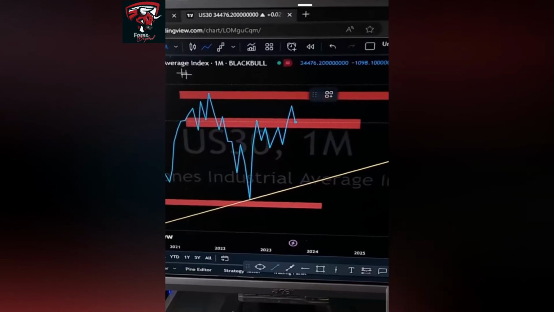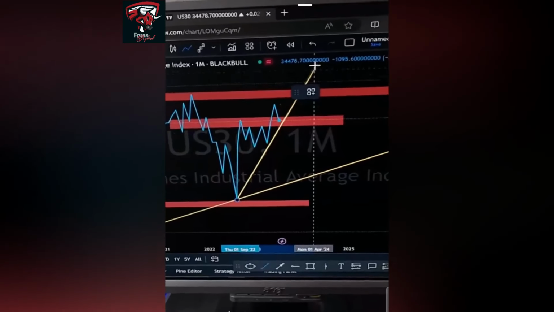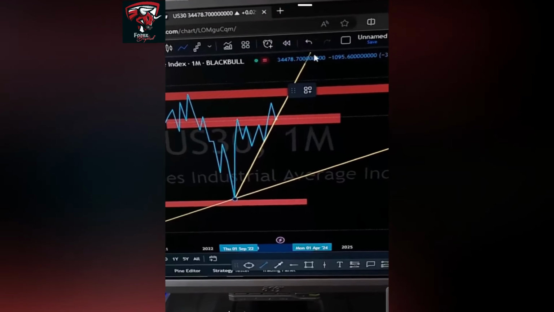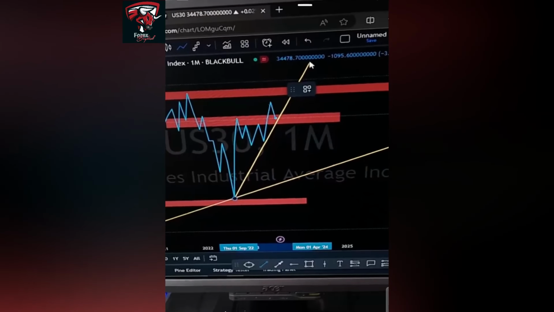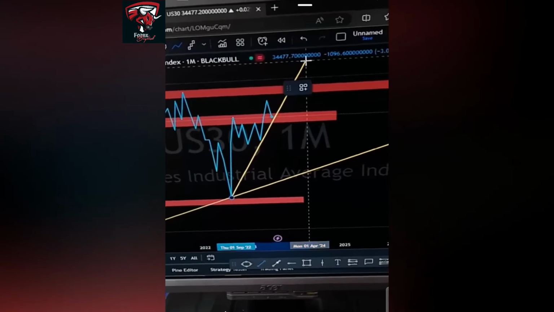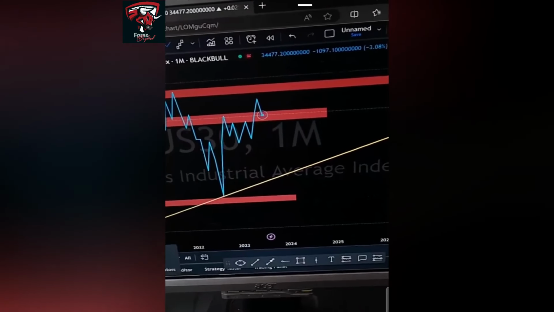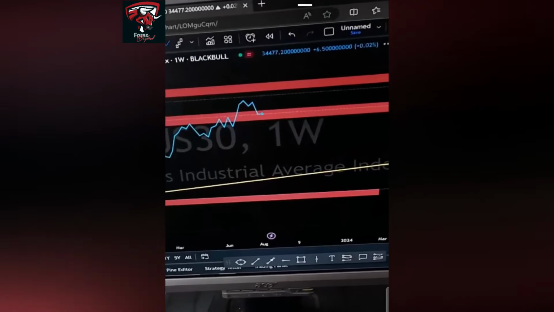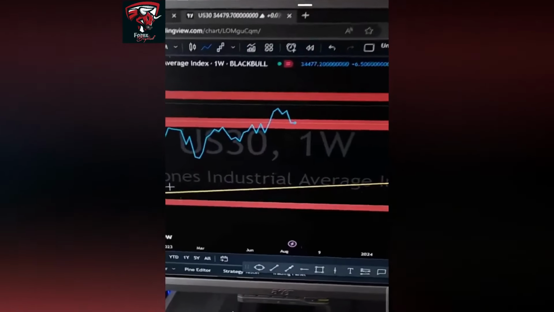So if we have to join our zones right here or our trend, we'd have something similar to that, right? That shows that the market is still respecting an uptrend. We didn't break below our trend line. So meaning we're still looking for an overall bullish market. Alright, cool. So now let's clear everything on the chart. We can go to weekly top-down analysis. Alright, on the weekly chart,